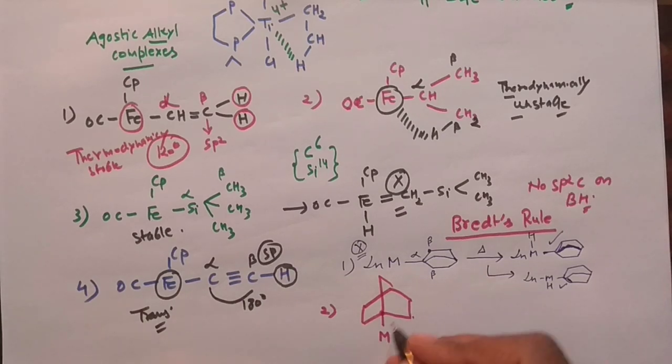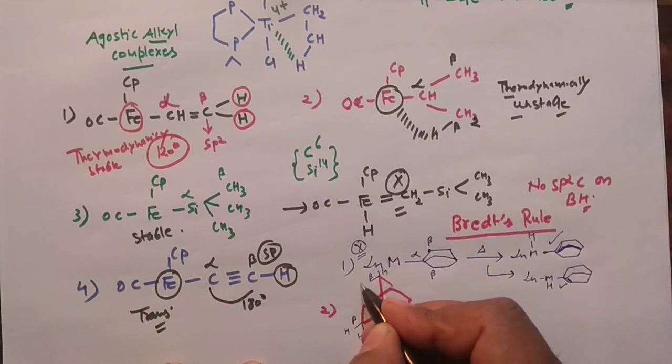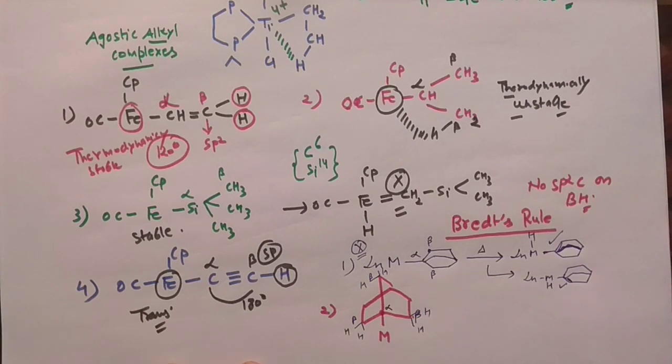So I can mark this carbon as alpha. And then I have my beta carbon here, and a beta carbon over there, and also a beta carbon over here. It has 2 hydrogens, this also has 2 hydrogens, and this one also has 2 hydrogens. So 6 beta hydrogens are there. But if you remove this hydrogen, you will put the double bond here, and this will go there.